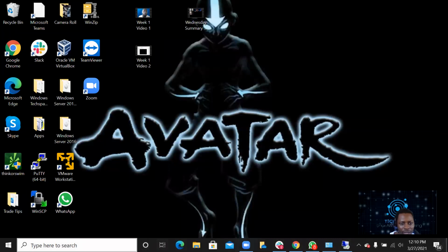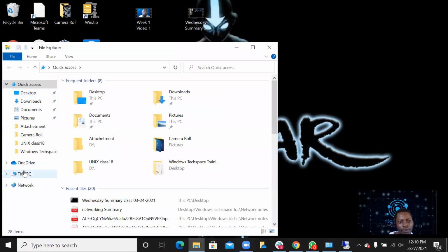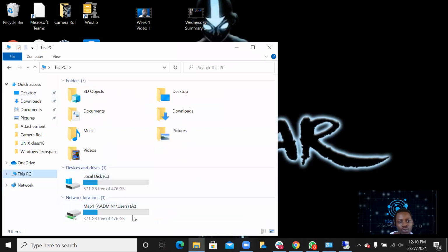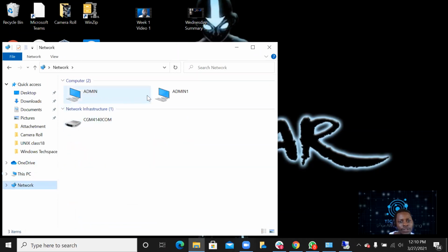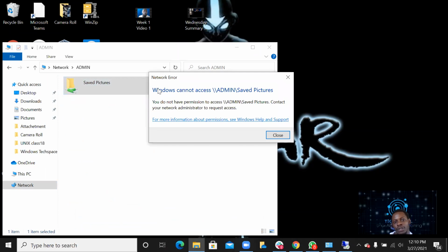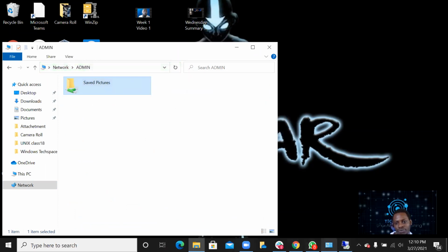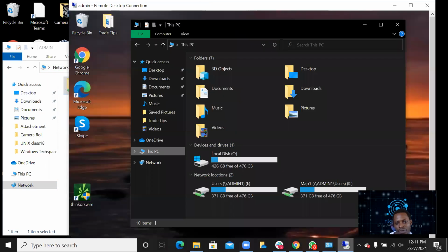Let's go now to this computer. This is my local computer, the other one. If I go to File, Folders, I go here, I will see just one. Go to the network. I'm trying to see if I can access. Okay. It's just one that shows, and this one is still locked. So you see, I still don't have access on this computer because I haven't opened that file yet. Let's go back now to that remote computer. Let me give access back for this computer to be able to get that share. So I'll go here,